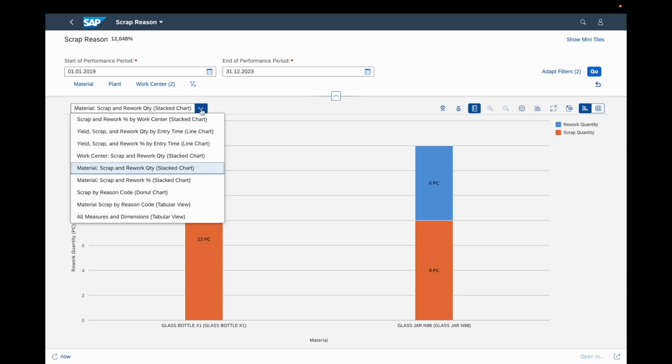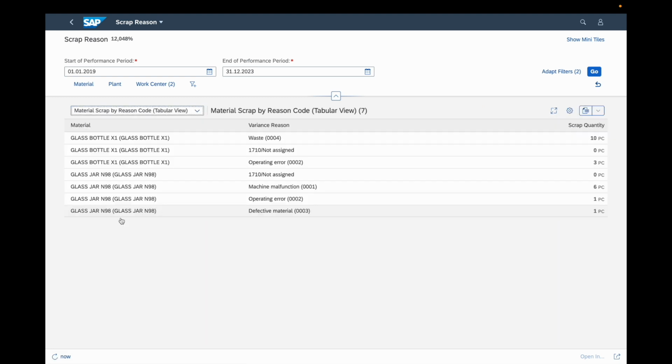There are a lot of other ones, such as also one which is quite interesting, where you can see the reason code. So material by scrapped reason code. You can see here the variance reason. Was it a waste with here the special quantity? Was it maybe an operating error done by the operator? You can see here another reason, which is the machine malfunction, a defective material, and so on. So in such a way, you can also easily know why you have scrap and why you have rework